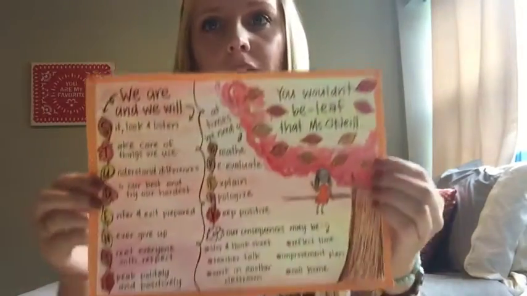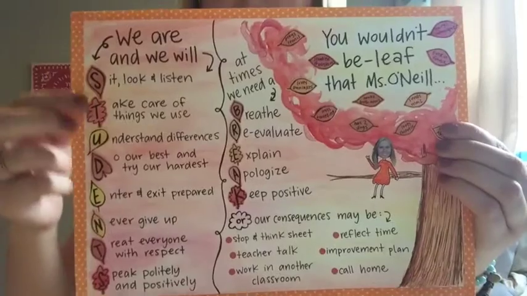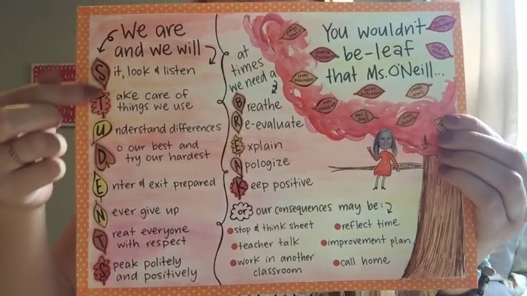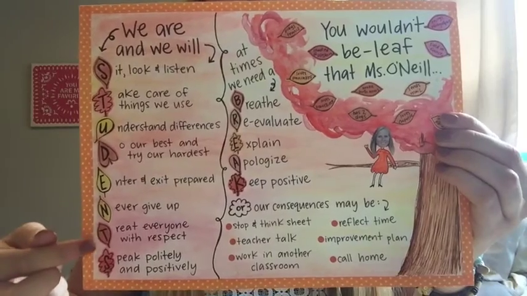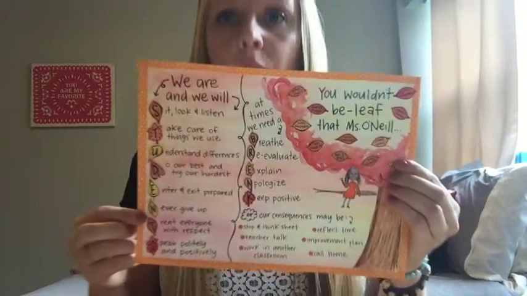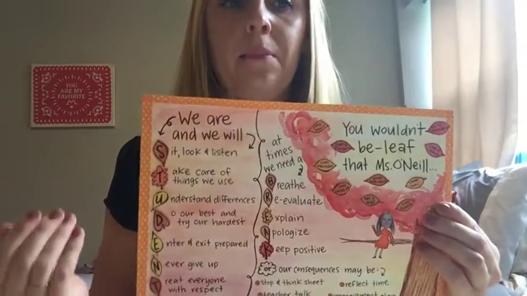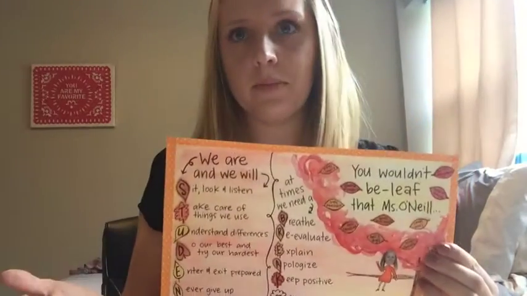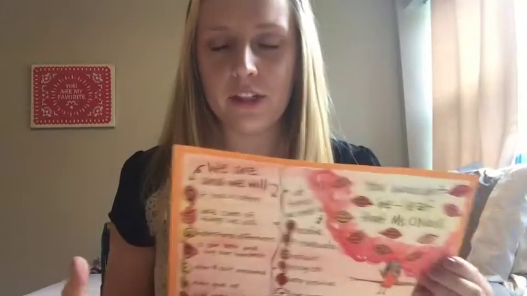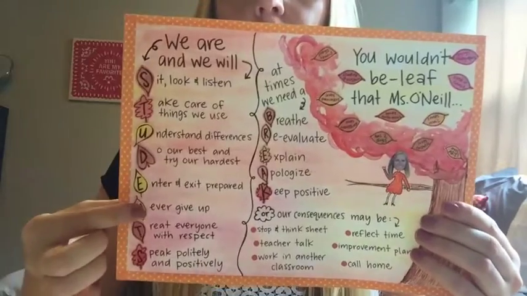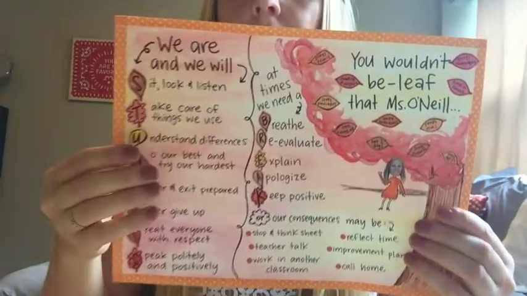I put my learning expectations as well as my behavior expectations. I kind of mixed them together here to make this acronym of students. I wanted my board to be really student-oriented and student-focused because the students are the main part of the classroom. The students are who we teach and who we become as teachers. So I wanted it to be really evident that students are a central part of our classroom.